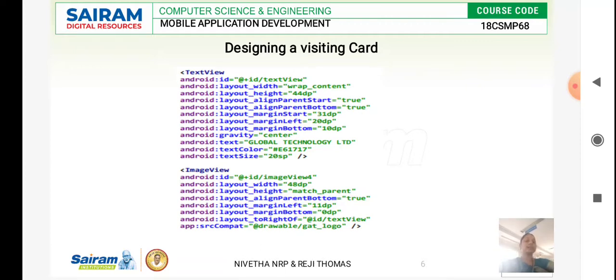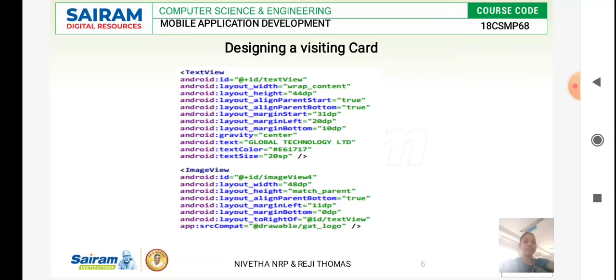Next is the image view. In the first column we have the company name, followed by a company logo. The text view will be designing the features of the company name, how the company name has to be displayed in the visiting card. It has been set as per our requirement.